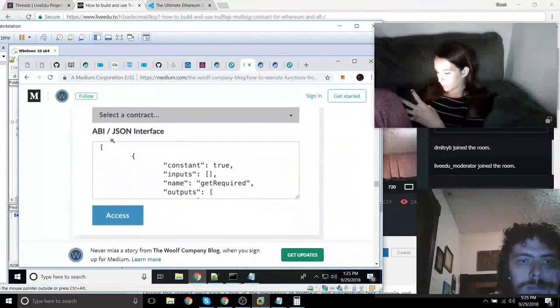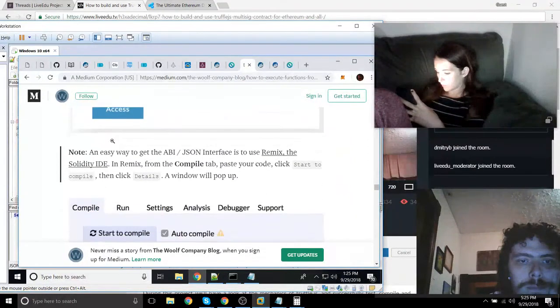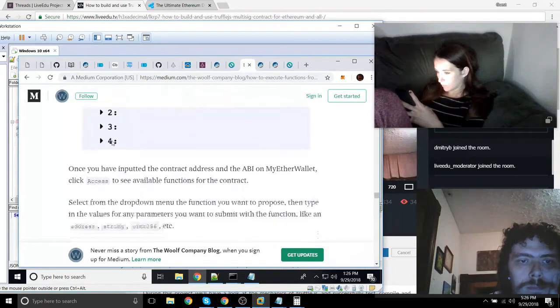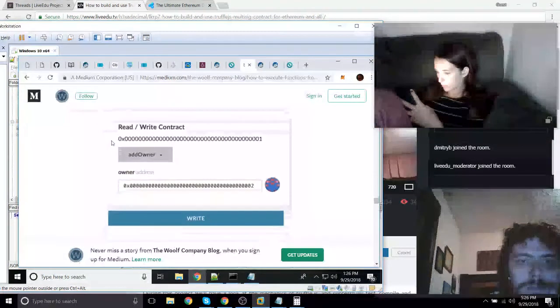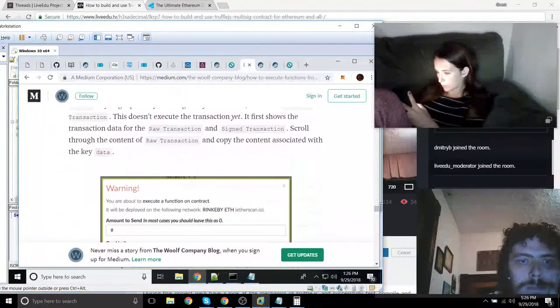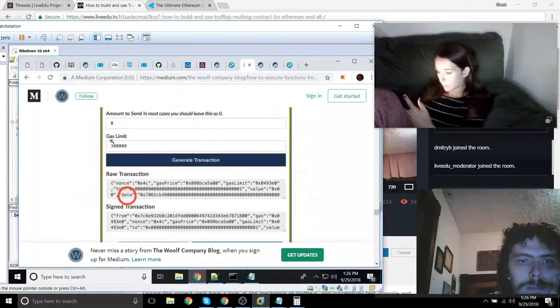I'm just going to put a gas limit of 900,000 in here, generate the transaction, and sign that transaction. Oh, it's too much gas, I guess. Sorry about that. Let's just do 300,000, I guess. Here we go. We have a transaction. So once this transaction is successful,